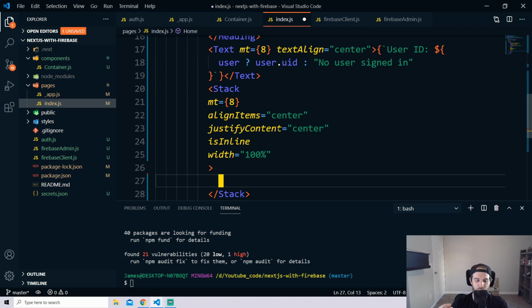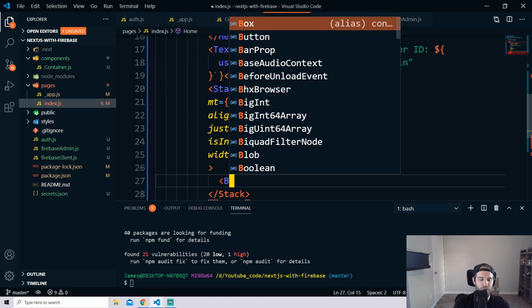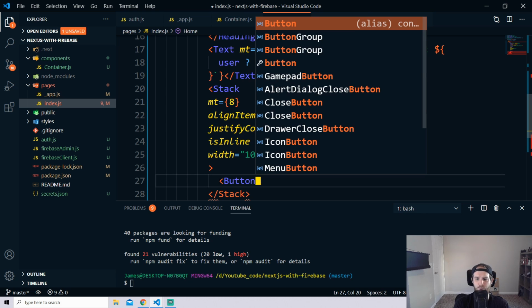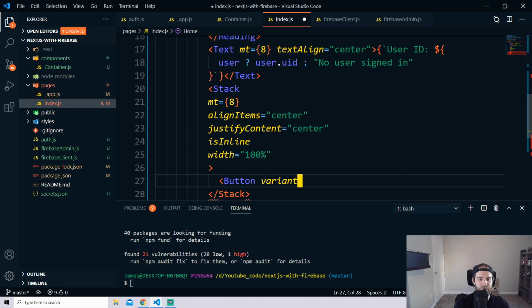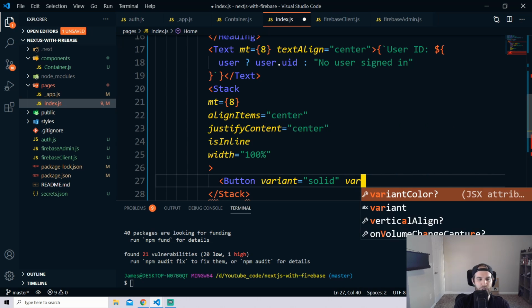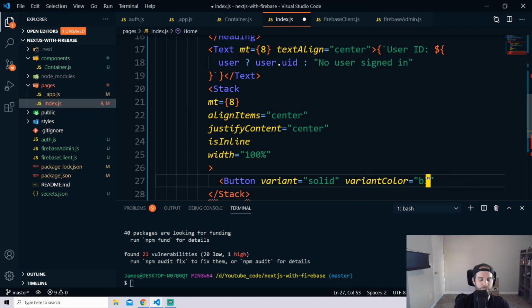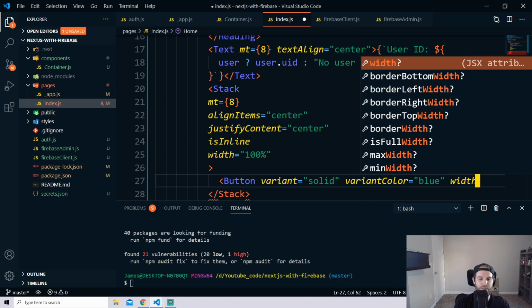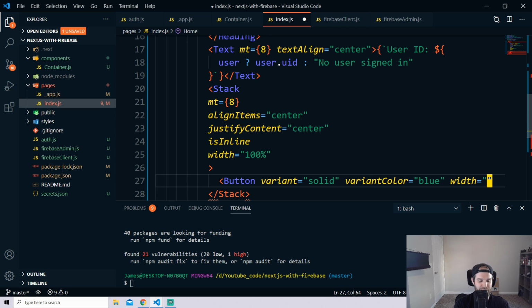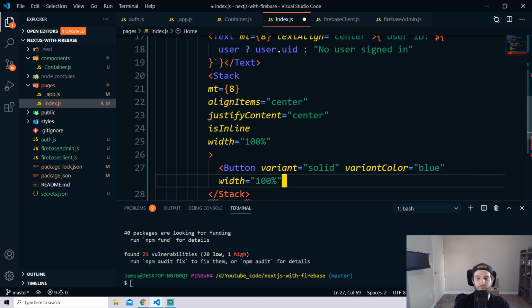Now, we want to disable them based upon what somebody's doing. So if they're already logged in, we don't want them to log in again. And if they're not logged in, we totally want them to log in. So we're going to do a button here. I'm going to say variant equals solid. Variant color equals blue. We're going to set the width equal to 100%. And finally, we're going to say is disabled. And then what we're going to do is just do